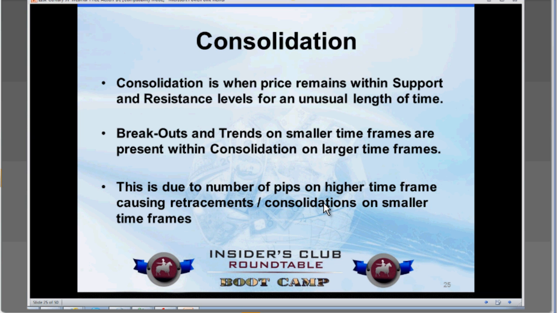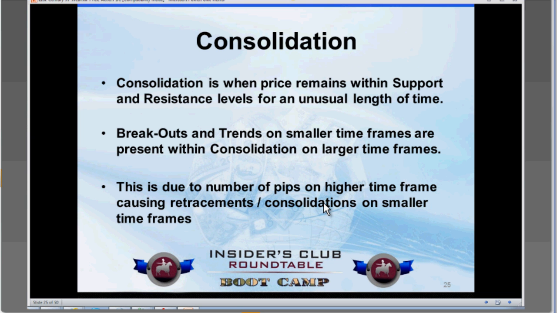So you might have an area on a 15-minute or 1-hour chart that's 30 to 50 pips in a channel. In a day chart, it might be 150 to 350 pips. In a monthly chart, it could be 1,000 to 3,000 pips. Imagine the possibility of getting at the tops and the bottoms of these channels, knowing where they're located, and